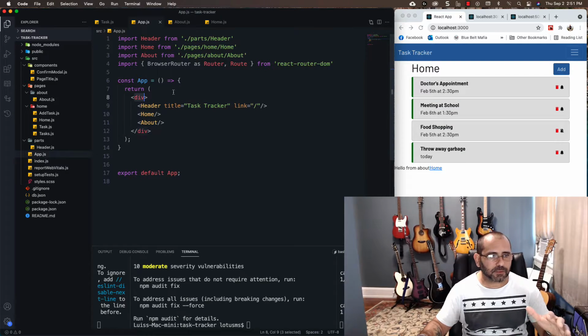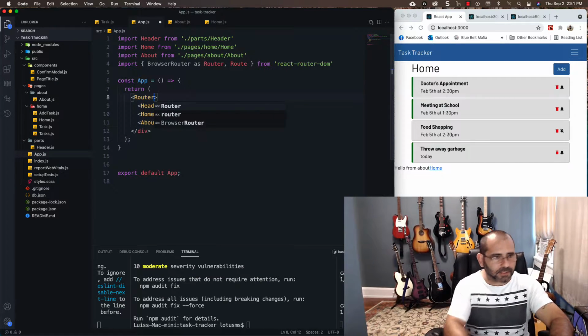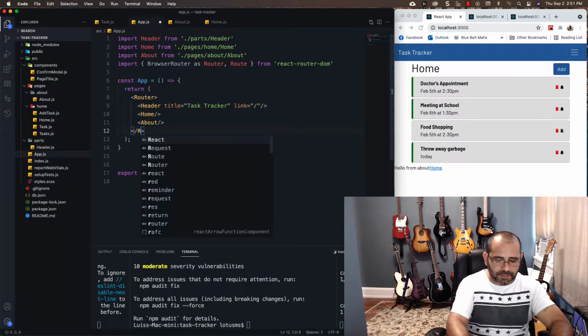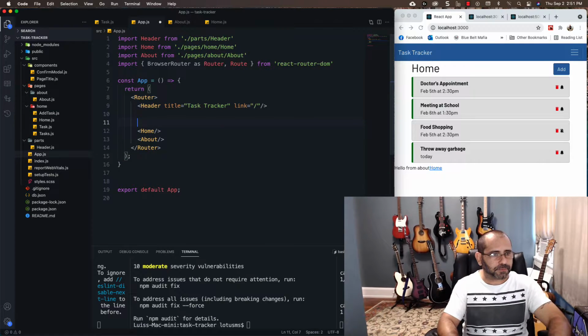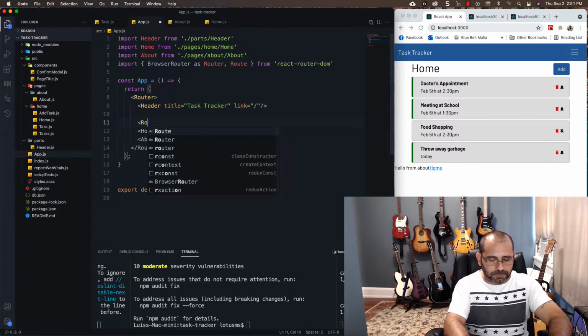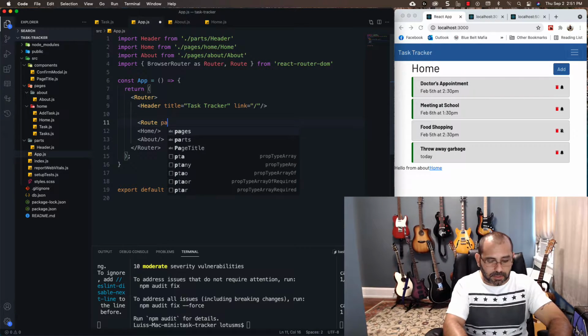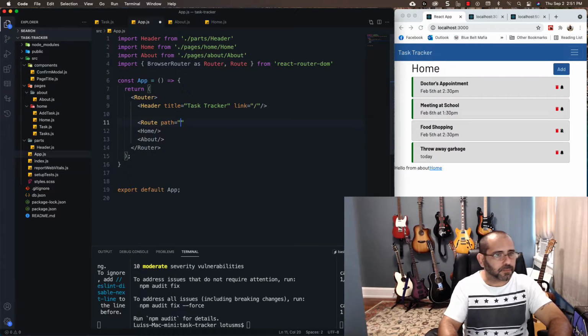All right, so now that we have that, for this to work we have to encapsulate everything inside of a router, so everything goes inside there. So we're just going to replace this div here with Router, and these individual ones right here will be replaced with the actual routes. So we're going to go down here and put a Route, and the path that it's going to route to is going to go to home, and the component that is going to show it is going to be